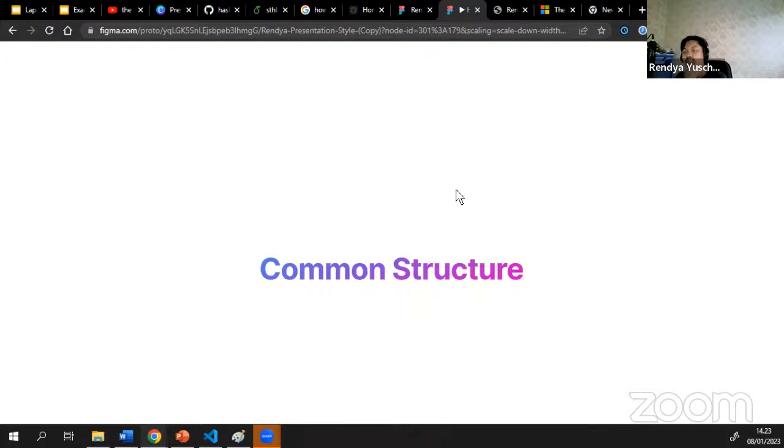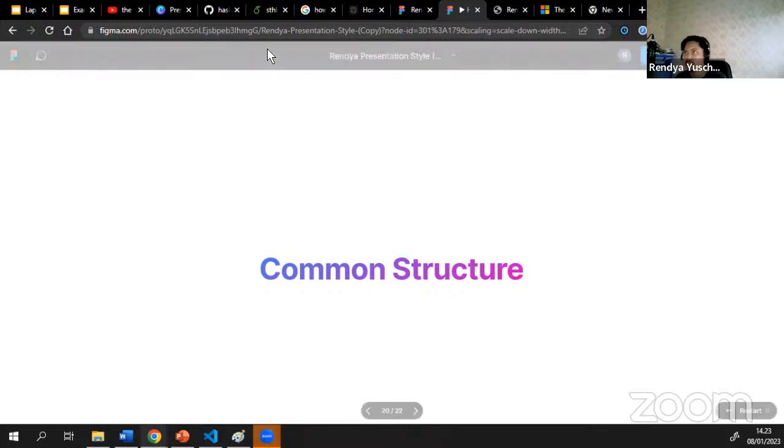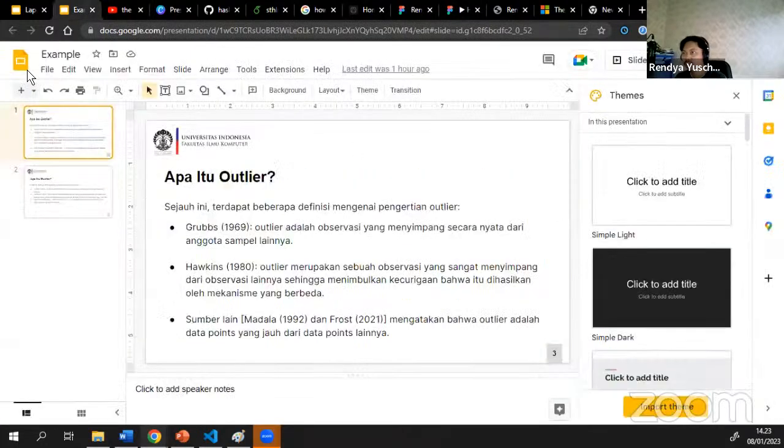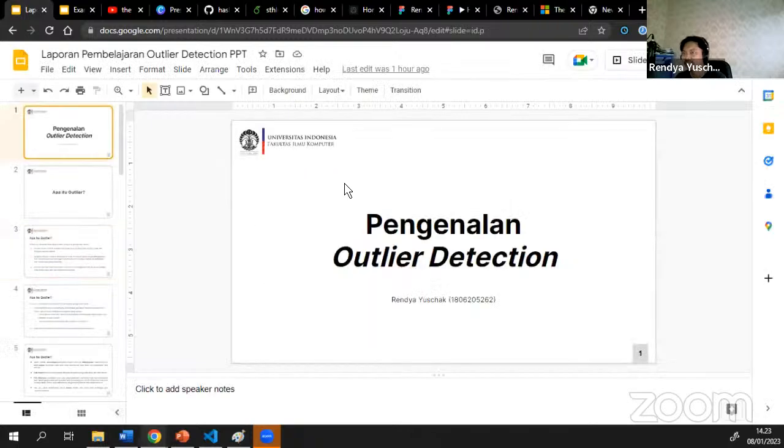Okay, the common structure will be, well, sorry, I already explained this, but in a story, there are chapter 1, chapter 2, chapter 3, and they explain narratively in a comical story, and then there are more formal ones. For example, this is my report on how to learn an introduction to outlier detection, which you can see mainly